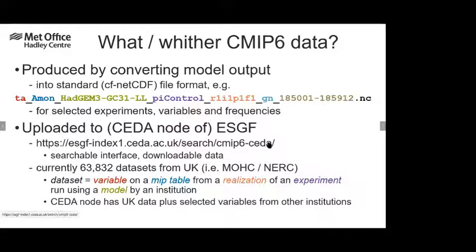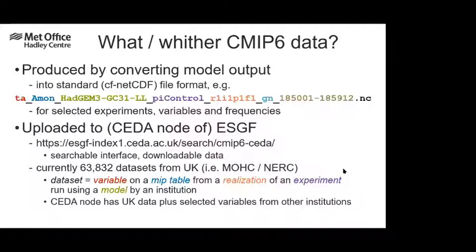Right, so I'm going to be giving an update on the processing of CMIP6 data, the output from the models, and I'll be describing what we've been doing with that and how much is available from experiments run in the UK. My colleagues there are largely responsible for doing the conversion and also for building the infrastructure that's used to do the conversion of model output to CMIP6 data.